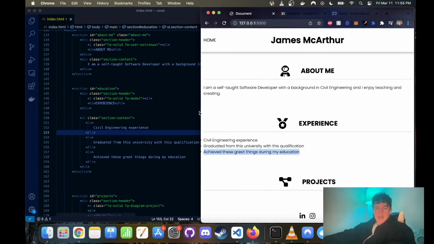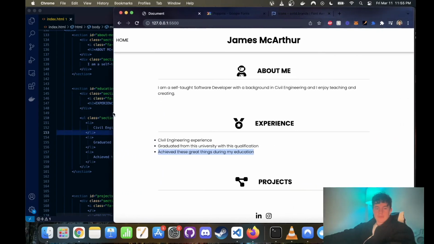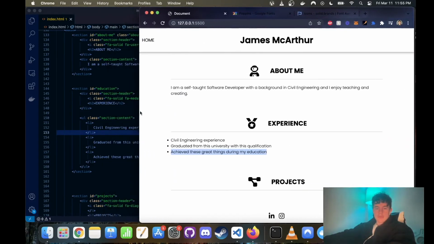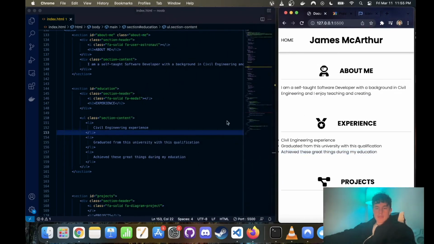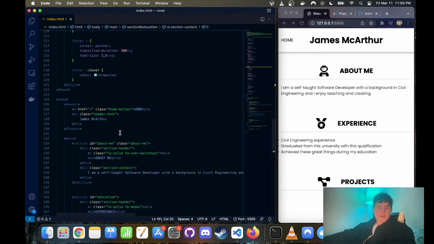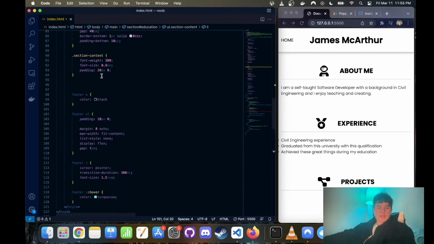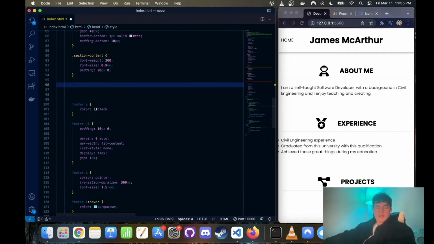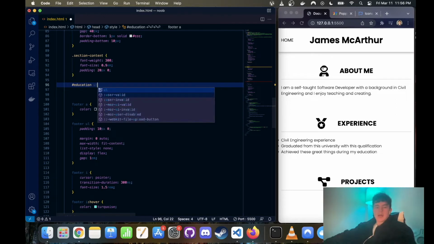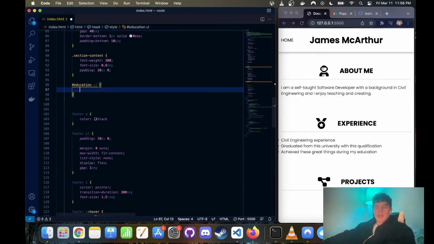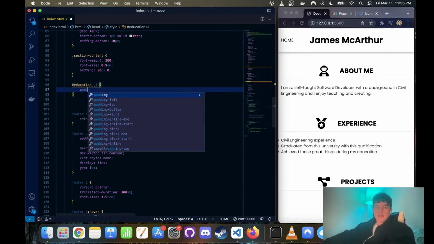And we are going to, there are our bullet points. So once again, keeping it nice and small, we're just going to come up here and target the education section with the ID targeted, which is the hash, and select the unordered list within that, and just say, okay, so I want to have,